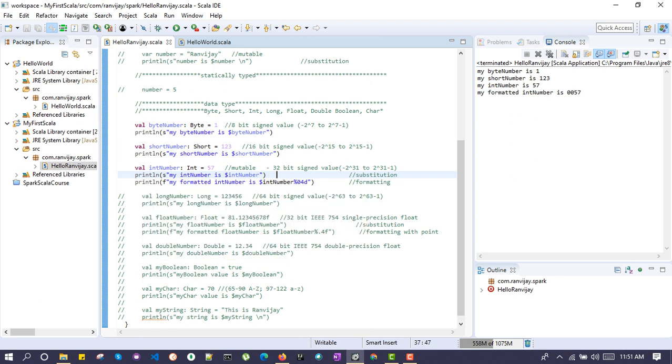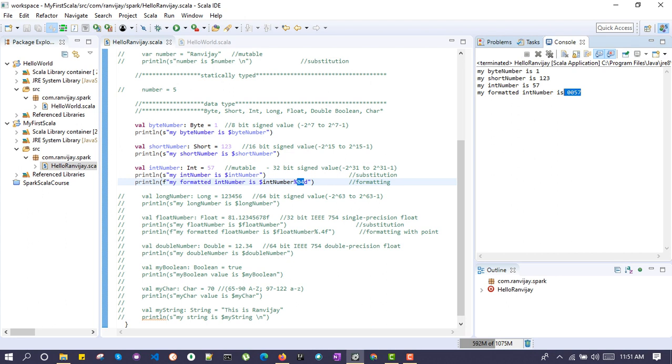So if you want to format how you want to display a number, so we want to display the number preceding with the 0. So we wanted total length should be 4, and if the value is not present, then replace those positions with 0. That we are seeing over here, the total length is 4 and the preceding values of this number are 0, and this d you need to provide because this is an integer. So for integer we have d assigned.